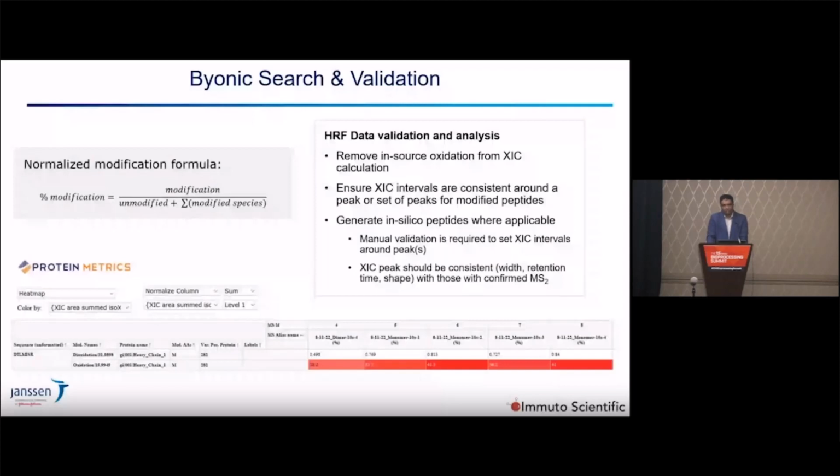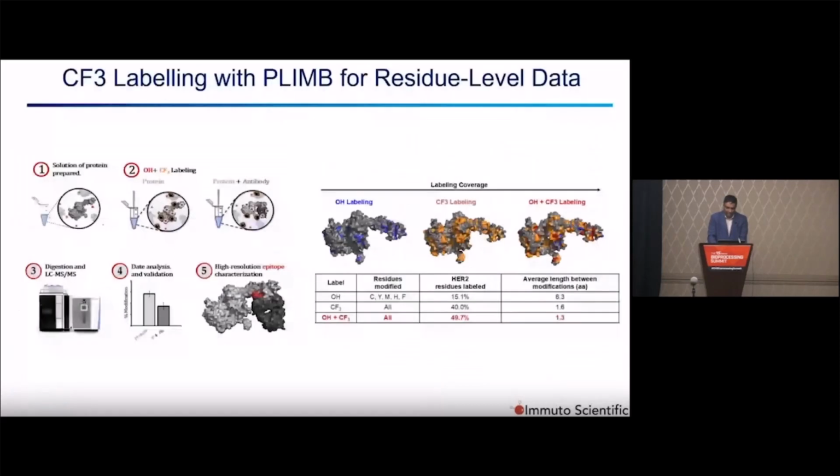In addition to peptide-level analysis, an important feature is to do residue-level analysis using additional reagents such as the trifluoromethyl label, where the CF3 precursors get a radical through the transfer of free radicals from the hydroxyl groups. And you can see to your bottom right-hand side, the table, when we do hydroxyl labeling,